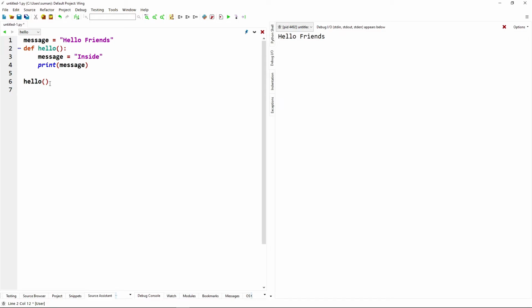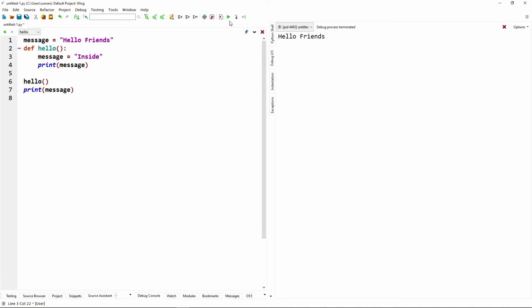Now we are calling hello, and after that another print statement, that is print message. So at that moment we have two message variables. One is global, another one is local.